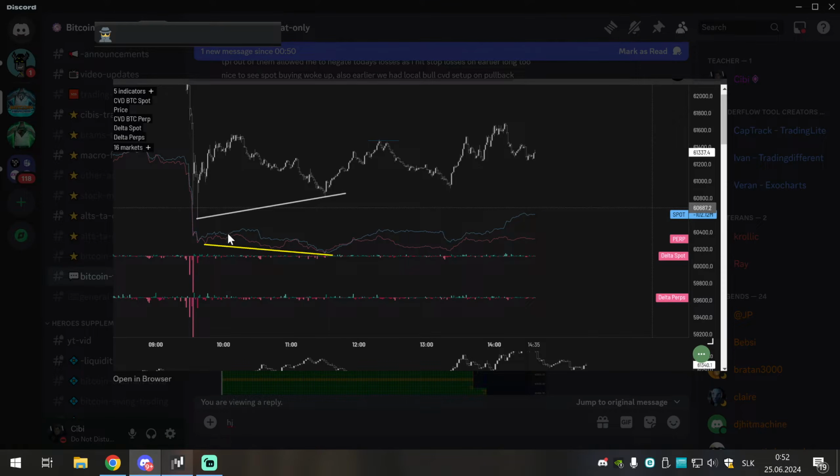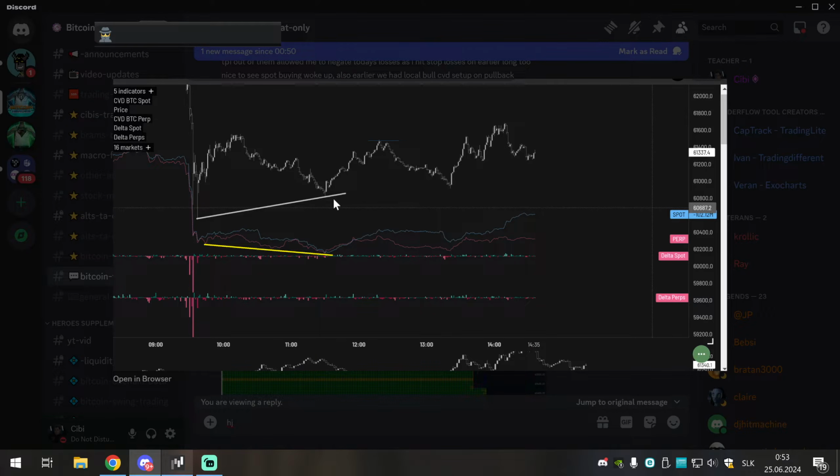Also, as you were falling during the earlier session, you had pullback here and you were creating bullish CVD. So you see why. Big low put in. Market is heading for the pullback. Now delta from the spot and perpetual markets is very aggressive. Shorts are piling in. They're already 50% lower compared to this low, and this is creating you bullish CVD, and I like to see CVD as a confluence for my trades.